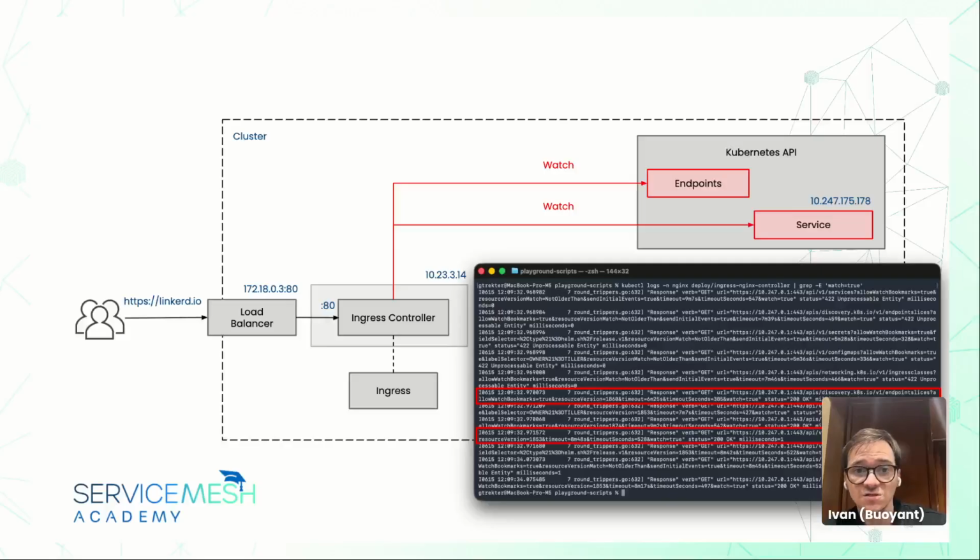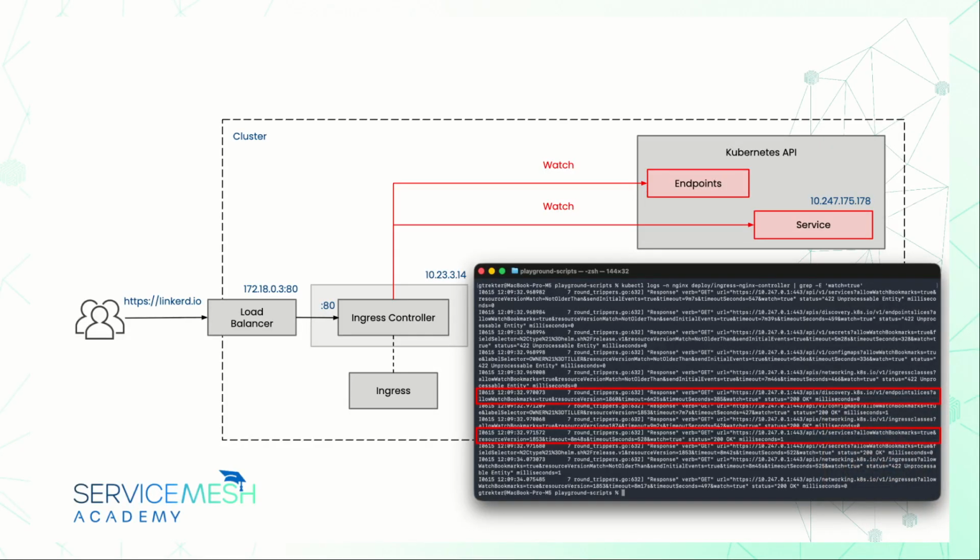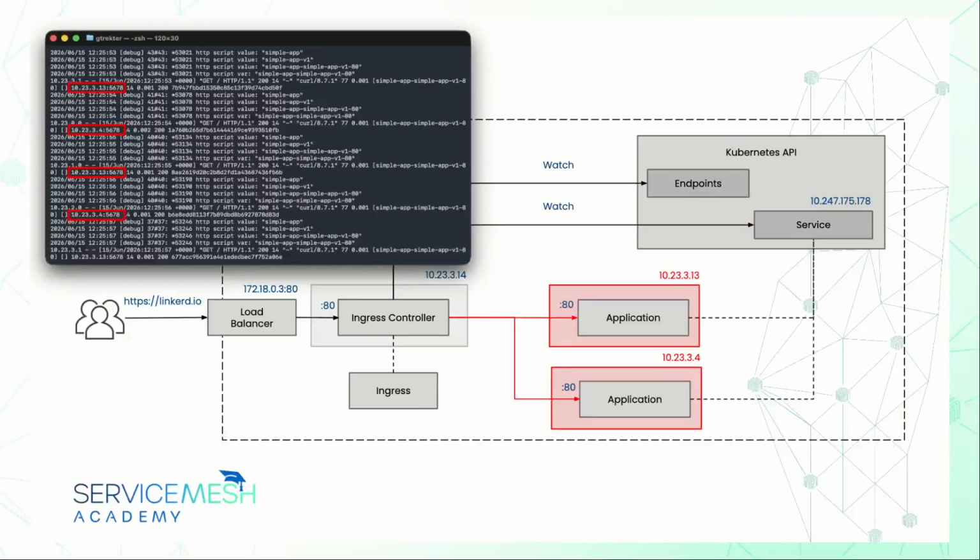Now, we can see in the logs, in this case, these logs are related to NGINX. If we increase the verbosity of the NGINX Ingress, you can see, actually, let me remove my face, which is covering the logs. You can see here that, first of all, these are the watches. We can see in the watches that it is constantly establishing these watches against the endpoints and services in the Kubernetes API. And then we can see here that when it's actually sending a request, it is automatically resolving against the pod